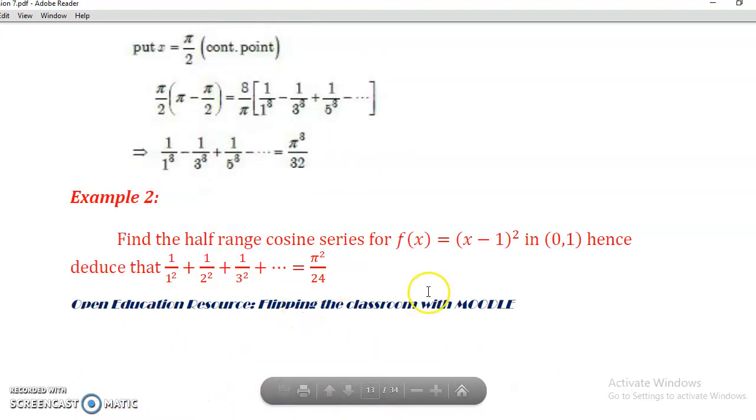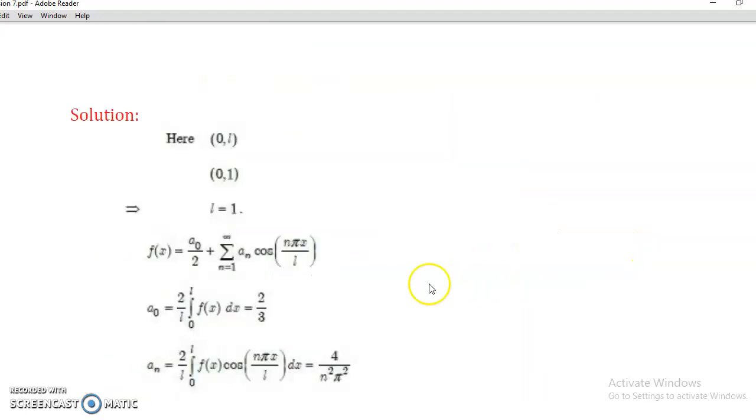So example number 2 is very similar to number 1. Range is 0 to L, where L equals 1 here. So it is a half range cosine series, and the interval is 0 to 1. Here 0 to L is the interval, which means L equal to 1, and the formula is here, Euler's formula